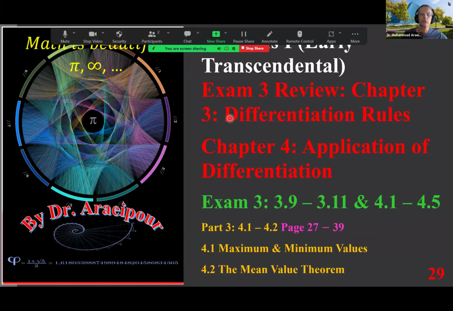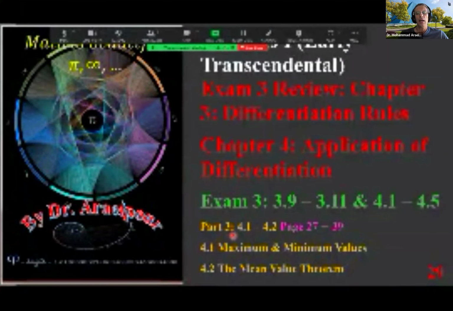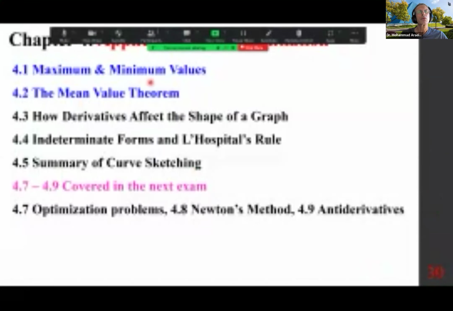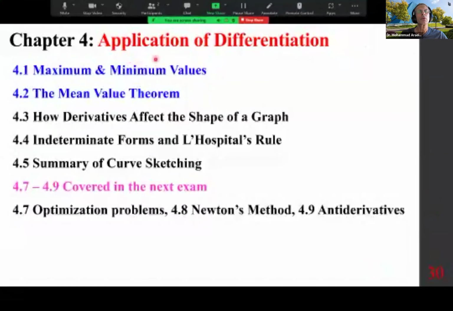Good morning, class. We are looking at exam 3 review, chapter 3, differentiation rules, chapter 4, applications of differentiation. And here's section 4.1, maximum and minimum values, 4.2, the mean value theorem. So in chapter 4, applications of differentiation, we're going to cover 4.1, maximum and minimum values, 4.2, the mean value theorem, how derivatives affect the shape of a graph, and L'Hopital's rule, summary of curve sketching